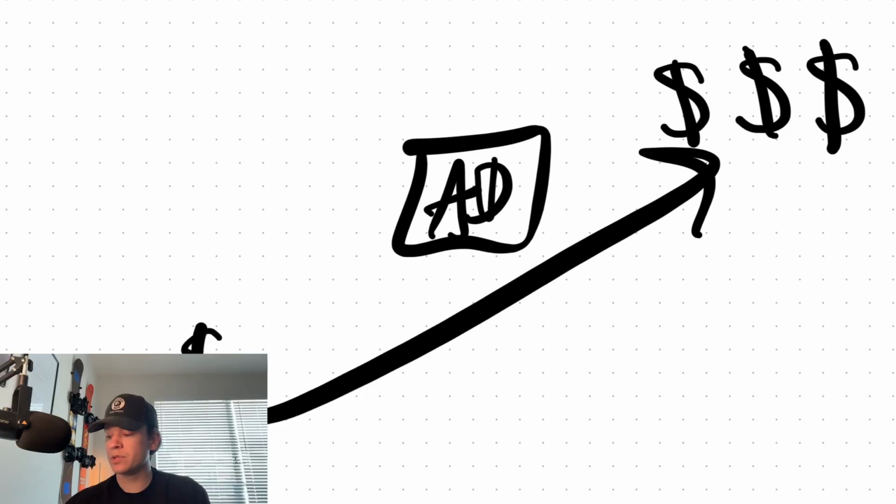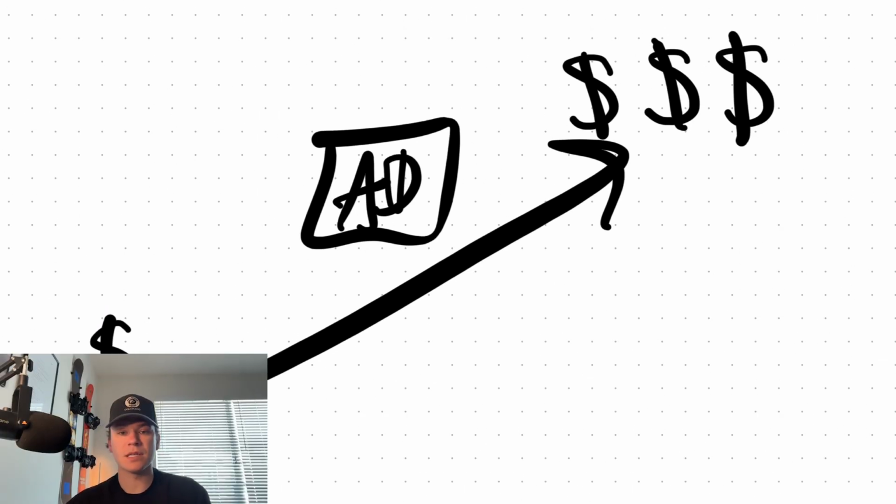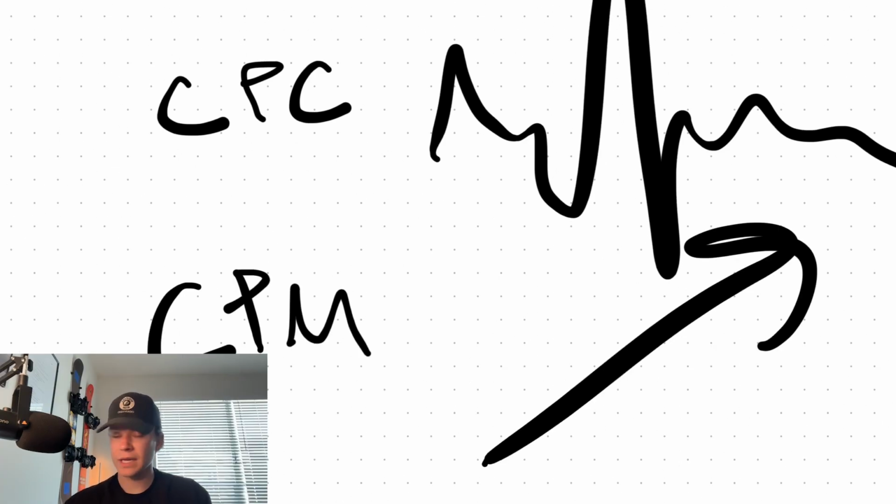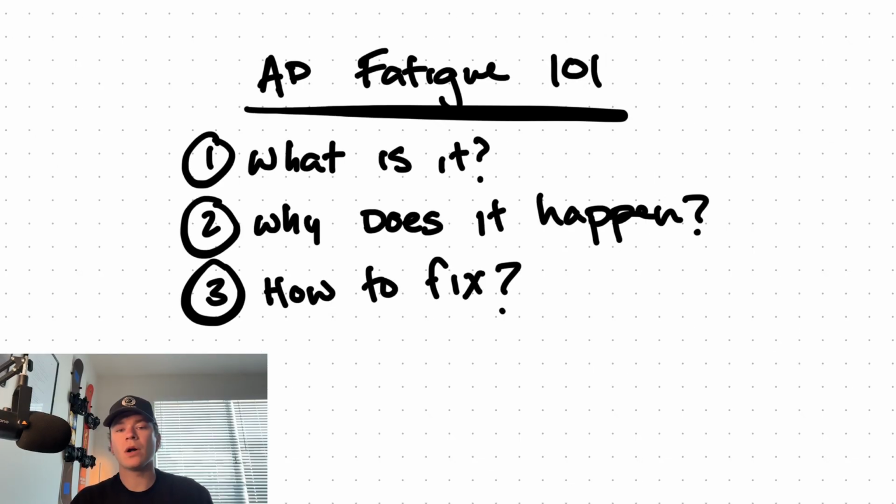And the way that people typically will see this manifest is they'll go, oh, my cost per call is all over the place and I can't predict it anymore. Or my CPMs spiked and I can't predict it. And all of these metrics inside your funnel will just start blowing up. People won't show up to calls. You get bad leads, all of these different things. You get all of these different, what feel like random events occurring inside of the ad account. You're wondering why, because this worked literally a week ago at twice the amount of spend it is now. All that typically means is you're experiencing what we call ad fatigue.